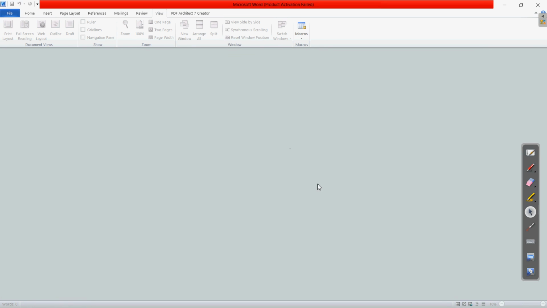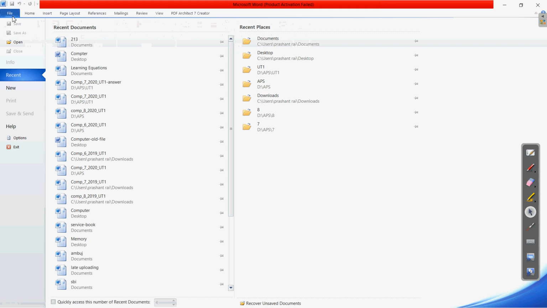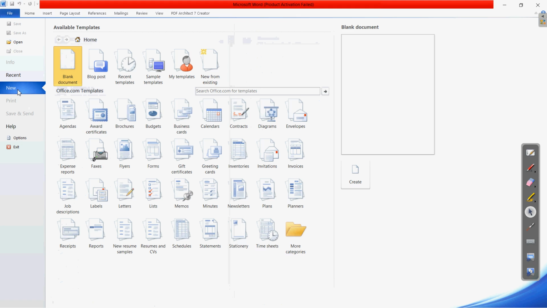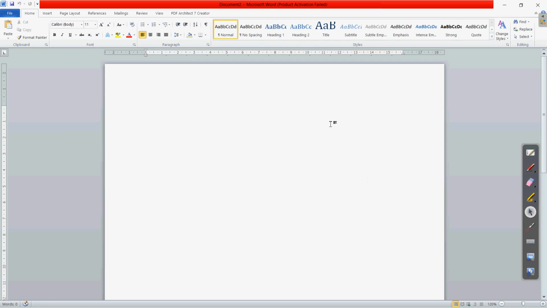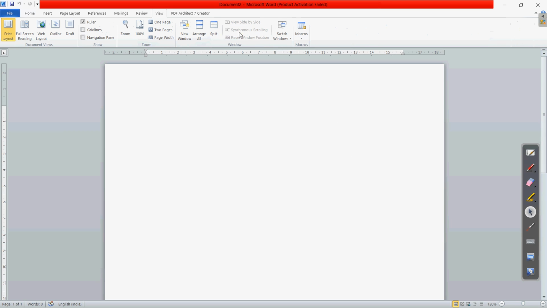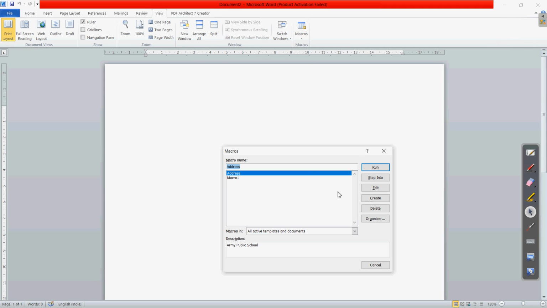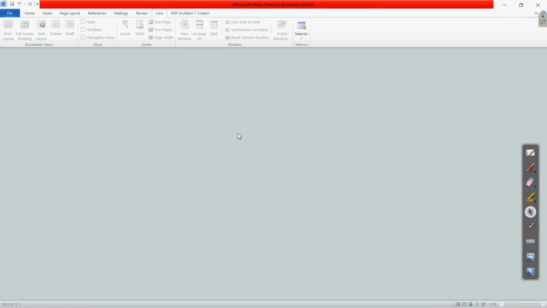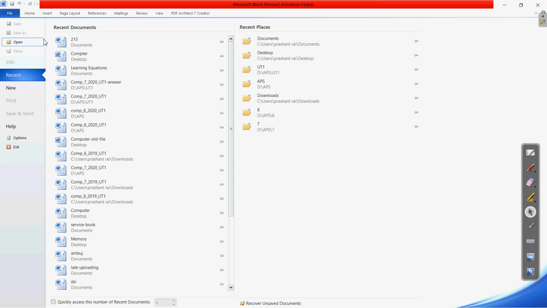Let me open a new blank page. Maybe because it was already there. Let us try to run this macro: View Macros, the address is appearing, click on the Run button. I think there is some problem. Okay, maybe the macro was not saved, but that was the step. If you want to write it once again, we can write it. Let us quickly see that.